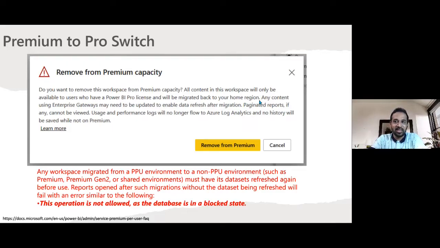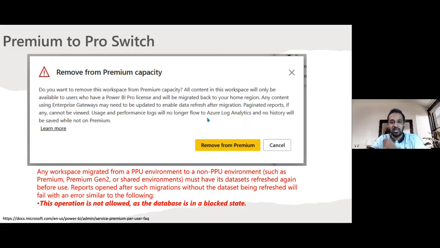This is the second thing. Any content using Enterprise Gateway may need to be updated via enable data refresh after migration. Paginated reports are also only available for premium license. And if any content cannot be viewed, usage and performance logs will no longer flow to Azure Log Analytics, and no history will be saved while not on premium.